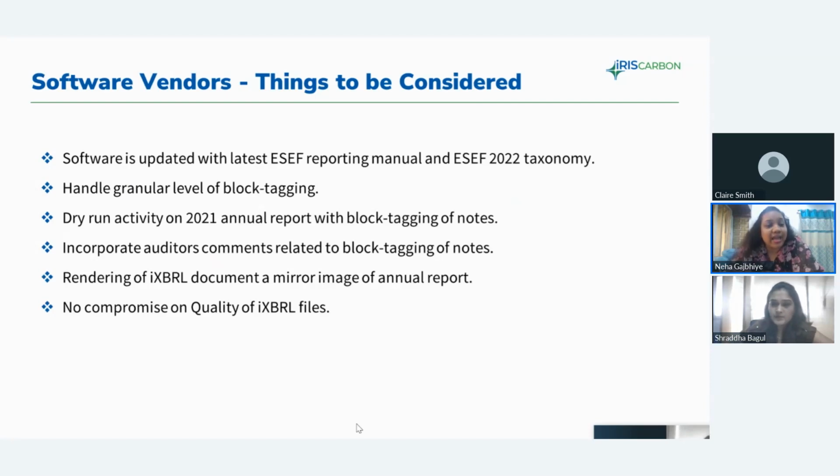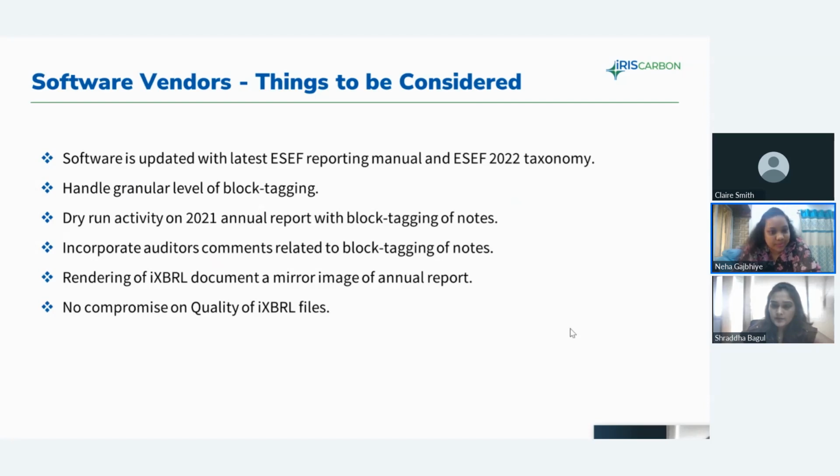The software vendor has to make sure that the people and procedures are in place to react very quickly when there are any client's unique requirements or issues. The software should handle the granular level of block tagging. And this would be possible if there is a dry run activity on the 2021 annual report, which will include